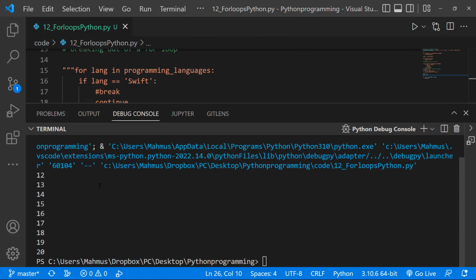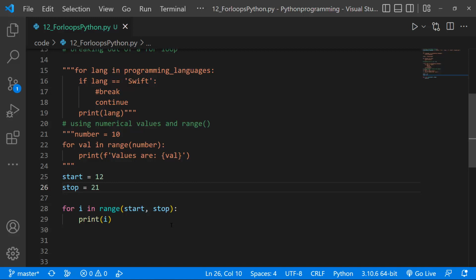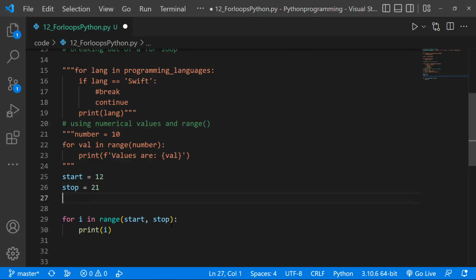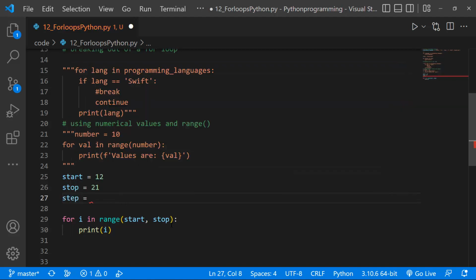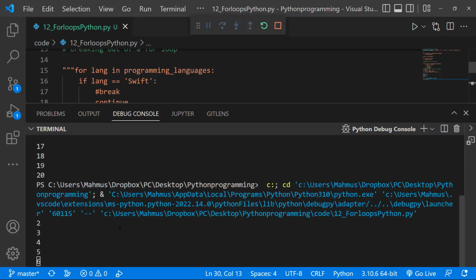Now we could even use an optional increment sequence where we could specify a step. So a step is going to count the number of steps it would take for you to get the results. So let's add a step, and I'll set the step to 2. And if I set my start from the number 2, let's see what our i is going to be now. So if I run this,